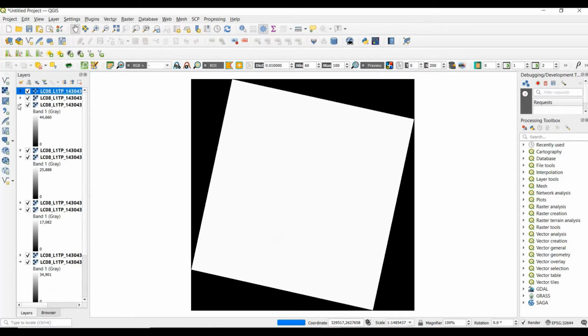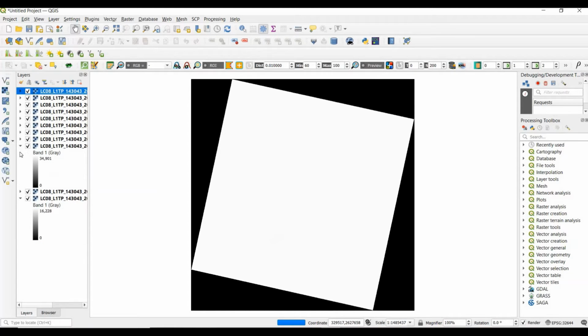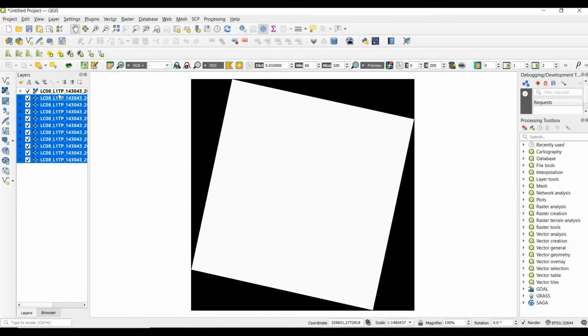We can minimize these layers by these options. This is the first way of adding the layer in our workspace. Now we are going to see another way to add a layer in our QGIS workspace.